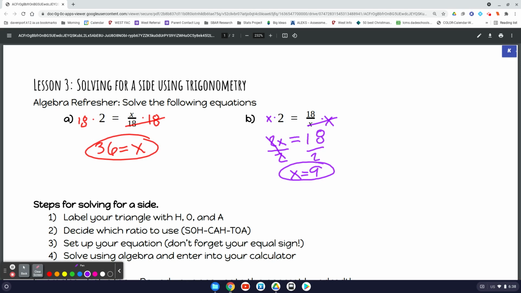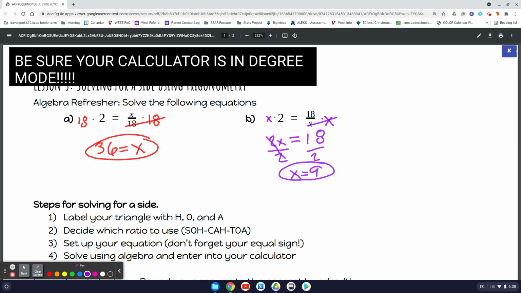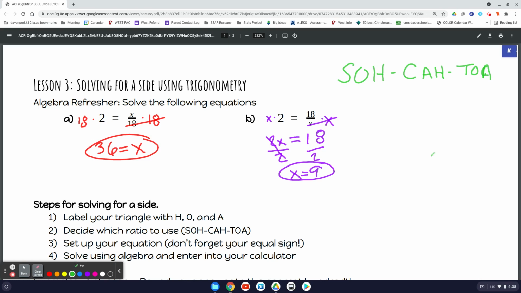Now we're going to do this process for all of our trig ratios. The sine, cosine, and tangent. Remember, the phrase that we have is SOHCAHTOA. S-O-H for sine, C-A-H for cosine, T-O-A for tangent. So,